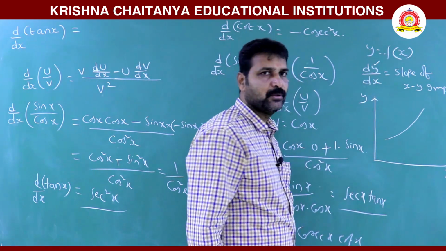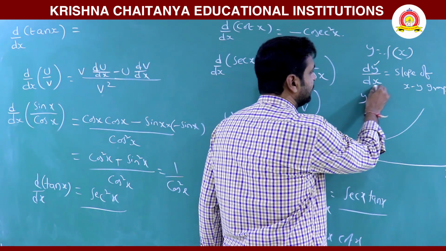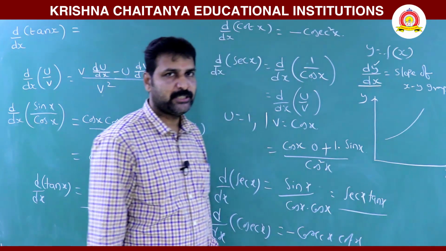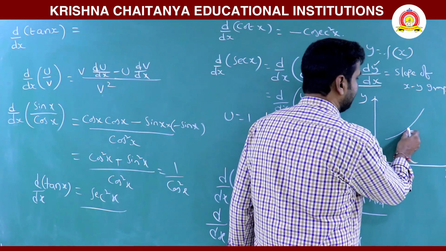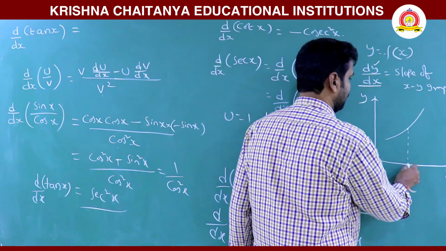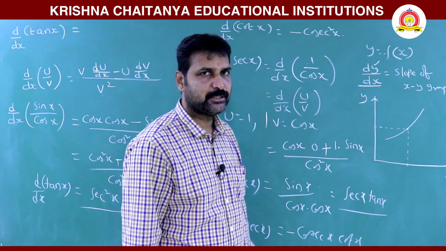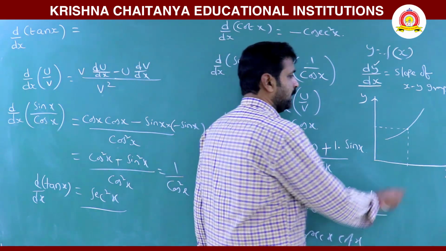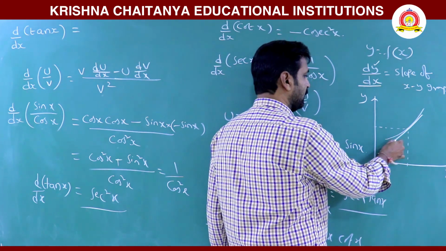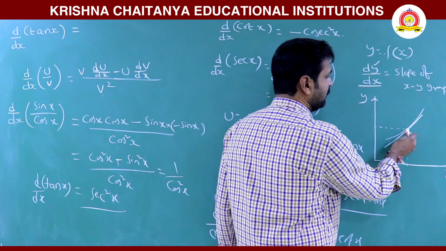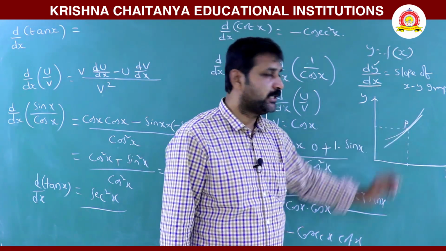then you are asked to find out the change in y with respect to x. Then how to find it? What we are saying is this is an instantaneous change, meaning during that instant. For example, at any particular instant here, you are asked to find that change. Then what do we have to do? Here draw a tangent to that point P. Now tangent is a straight line.